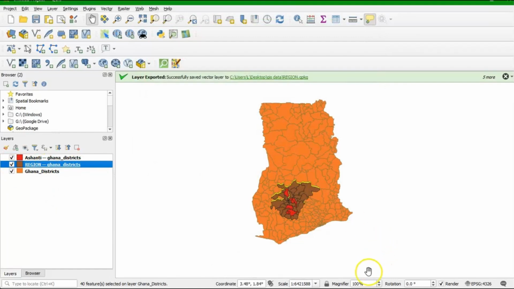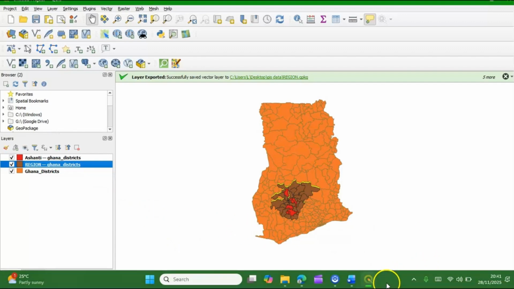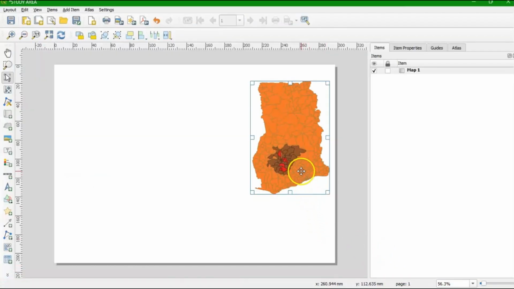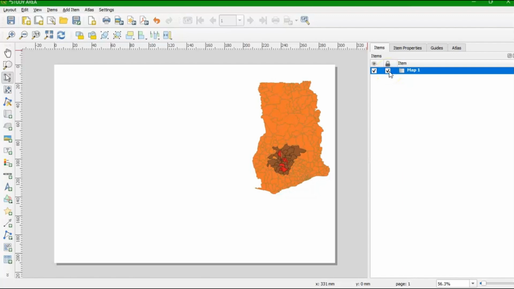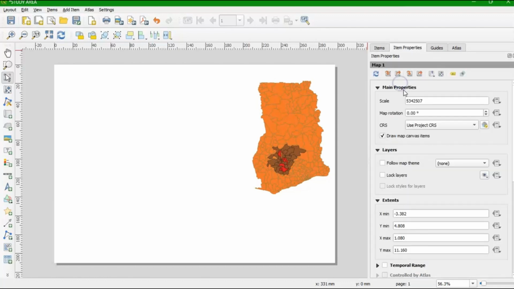become a unique one. So with this, if we go to the main print layout, you will see that it will reflect. It reflected because we did not lock map 1. So at this point, I would like to lock map 1 like this. If I check this box, it means I've locked my map 1. Then I can click on it, show item properties, and I can lock the layers